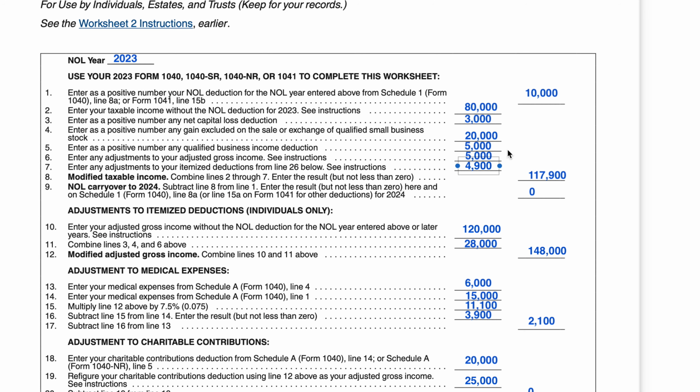So we're going to combine lines 2 through 7 and enter the result. The total that we arrive at for this is $117,900. So obviously that's bigger than the $10,000. We would not have a net carryover to the next tax year. But if this were say 150,000, then we would have to redo,